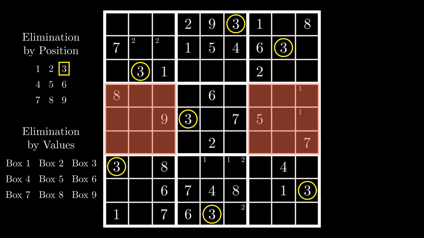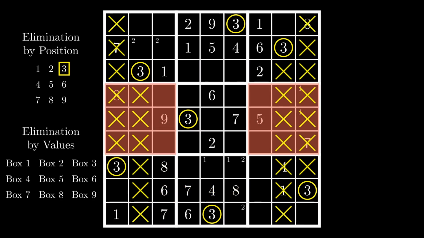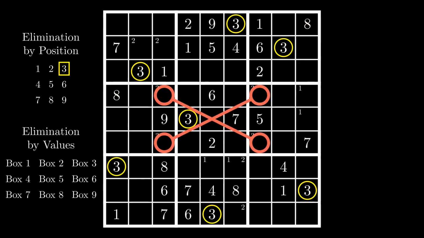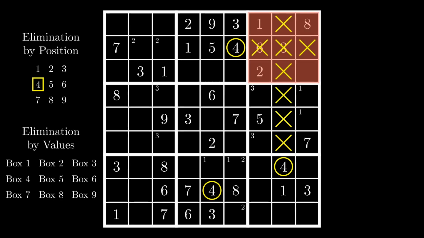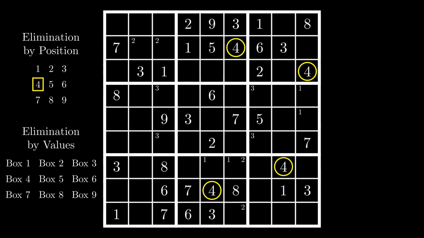Then in boxes 4 and 6, we have an X-wing of 3s. This X-wing doesn't actually accomplish anything for us because we already have all the 3s in the other boxes, but it's helpful to observe the pattern. And now on to 4s. We immediately get 1 in box 3